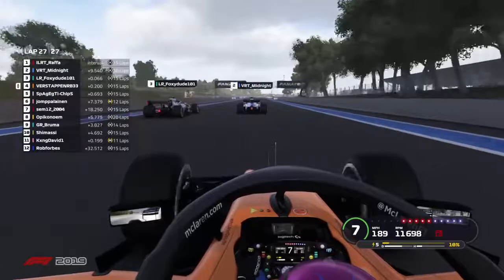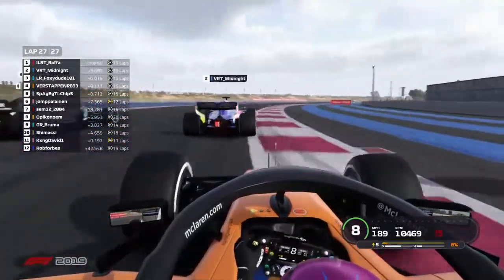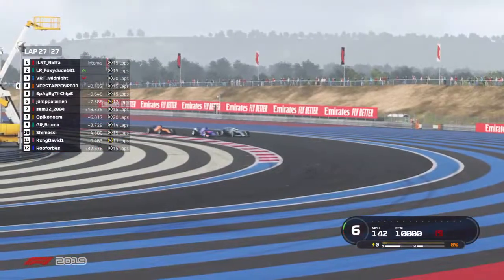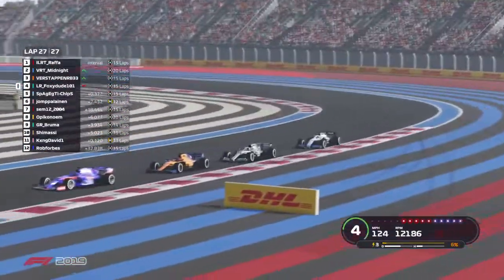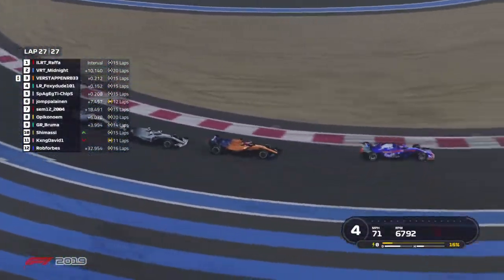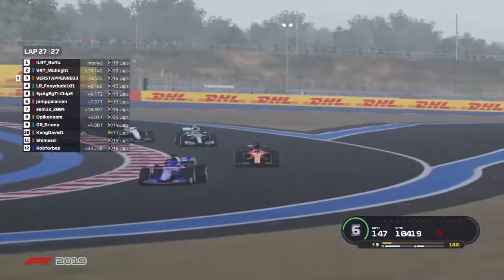Foxy is going to move to the outside of Midnight. This is not a good lap for the Toro Rosso driver as they go to turn 10 side by side. Verstappen might be able to try and capitalise on this move between those two. The defensive speed coming from Midnight. Foxy is into second place. He's down into third though, because Verstappen is overtaking Foxy, Foxy all the way down into fourth then. Heading towards the line then. Can Verstappen overtake VRT Midnight as Spaghetti Chips goes into the back of Foxy, goes into the back of Verstappen,